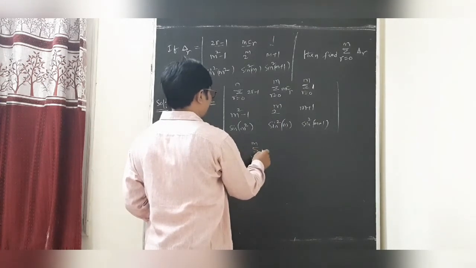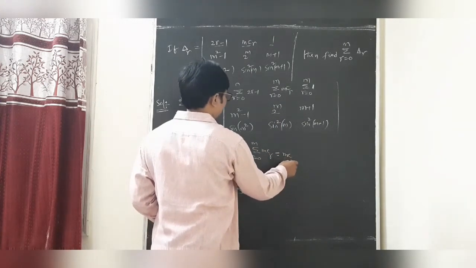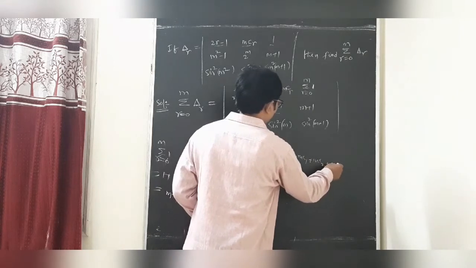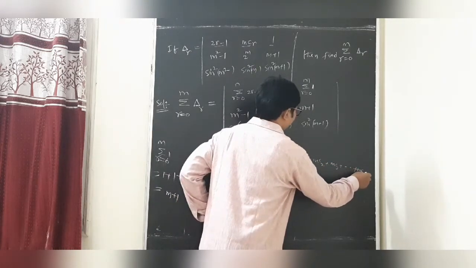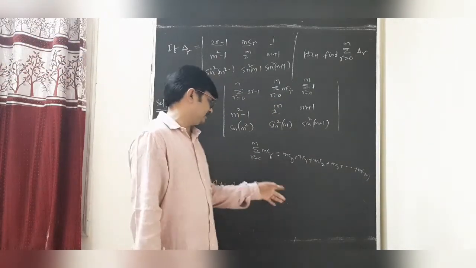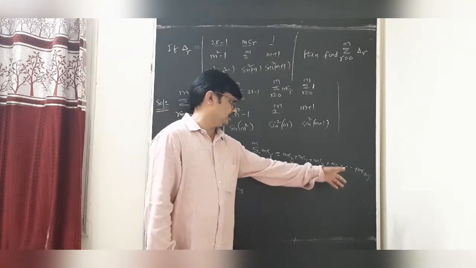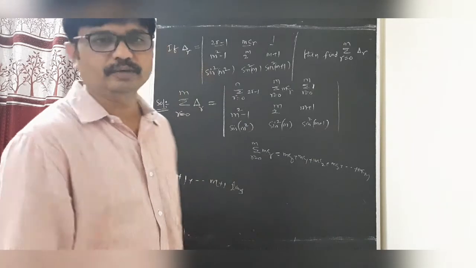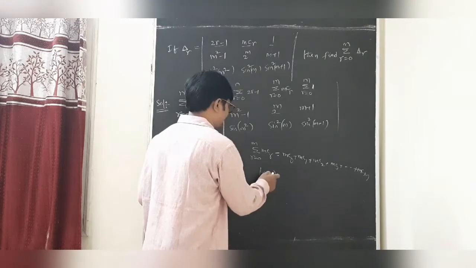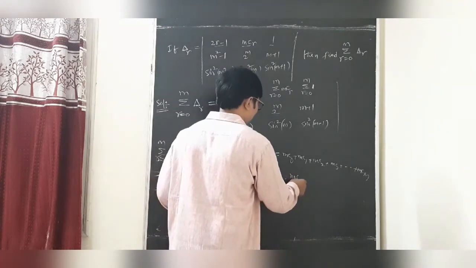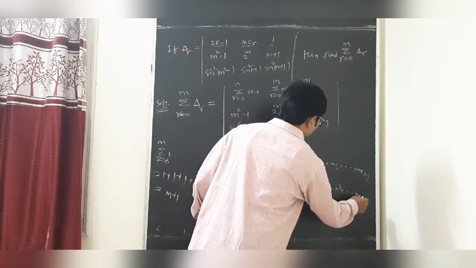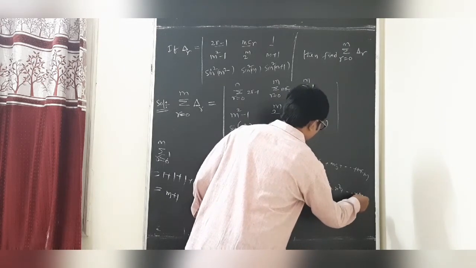Sigma r equal to 0 to m MCr. This is MC0, after that MC1, this is MC2, MC3 and so on MCm. Dear students, that is the expansion. The sigma is the sum of the binomial coefficients, r equal to 0, 1, 2, 3 and so on m. So students, this is especially we know that in second year, the standard binomial is there: 1 plus x whole power m. That is MC0, MC1 x, MC2 x square and so on MCm. What is the students?